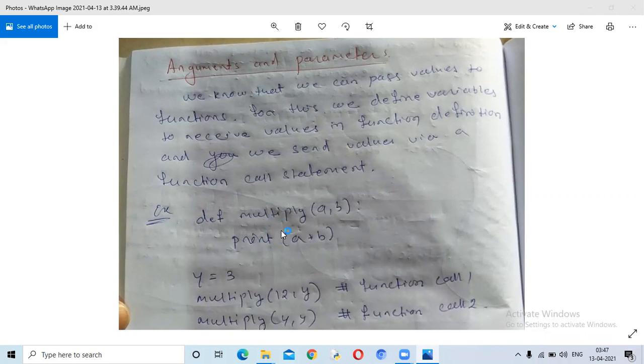Next, after execution of this function, the control comes back to this point, and here the next statement will execute. Here is function call 2, where we call multiply(y, y). So here y is passed twice as an argument. The value of y is 3, and again the value of y is 3. So 3 and 3 are passed as arguments,